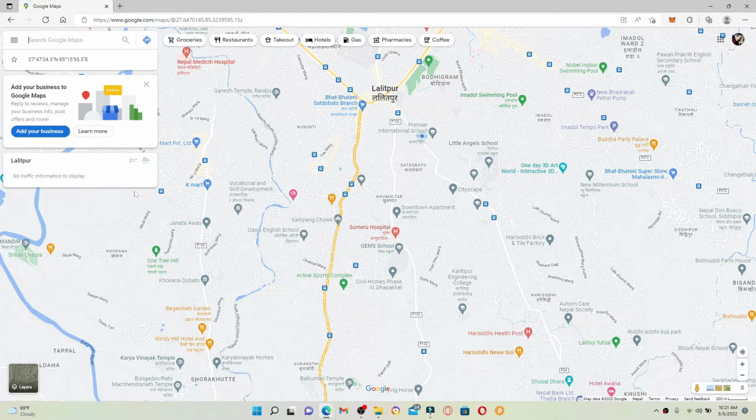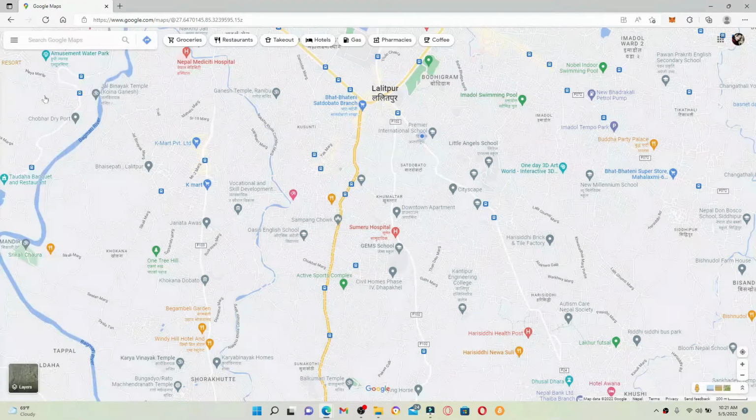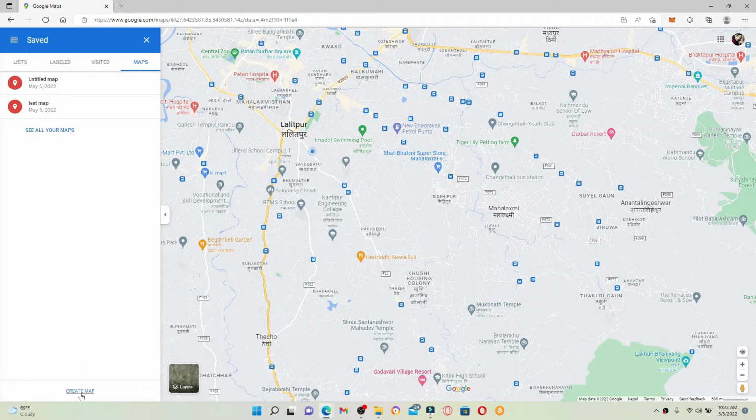And once you are, tap on the horizontal line or the hamburger menu located at the upper left-hand corner of the screen. Select your places from the drop-down menu. Now, select Maps in the top row and click it on. Now, click on Create Map at the bottom left-hand corner and your custom map will open up in a new